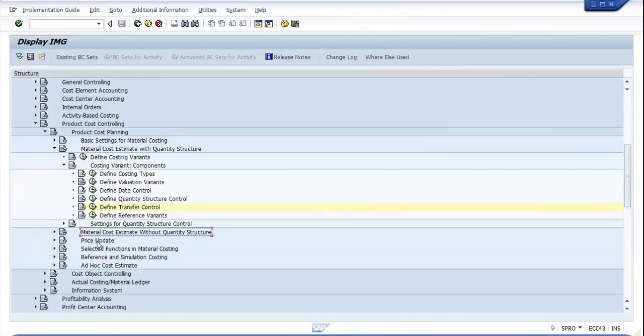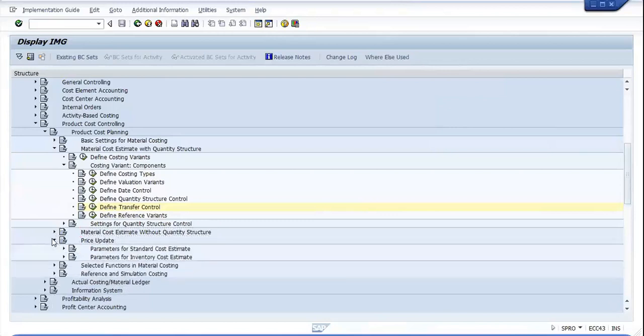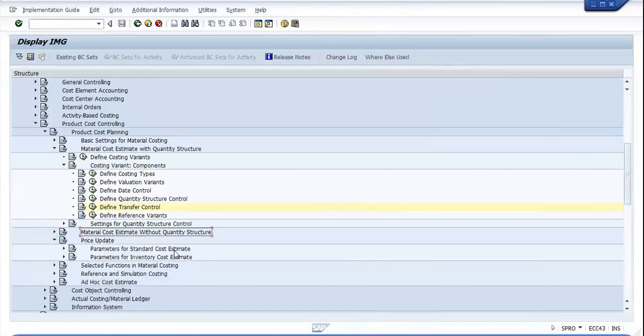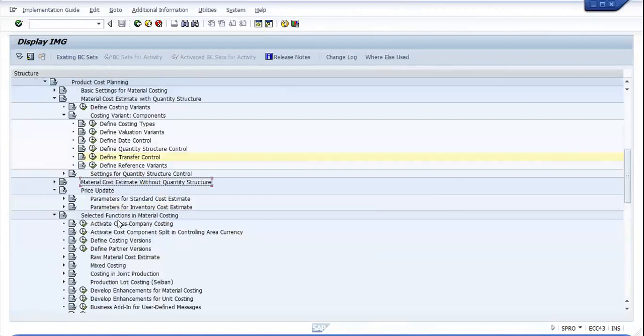Then it's price updates. The parameters for standard cost estimates, and the parameters for the inventory cost estimates. Selection functions in the material costing. Activate cross company costings, then define costing versions, define partner version. When we create the costing variant, we receive these things.